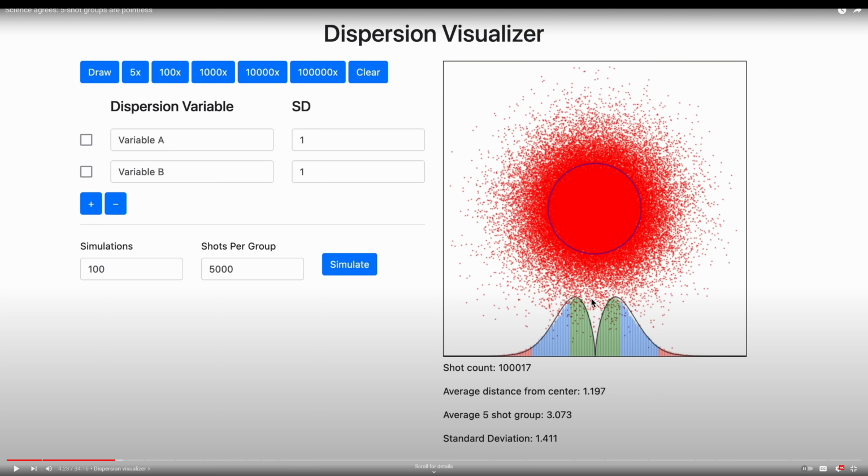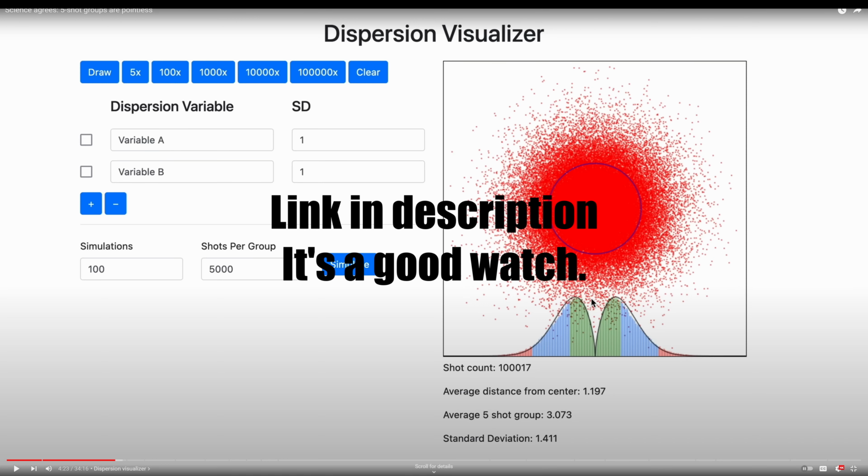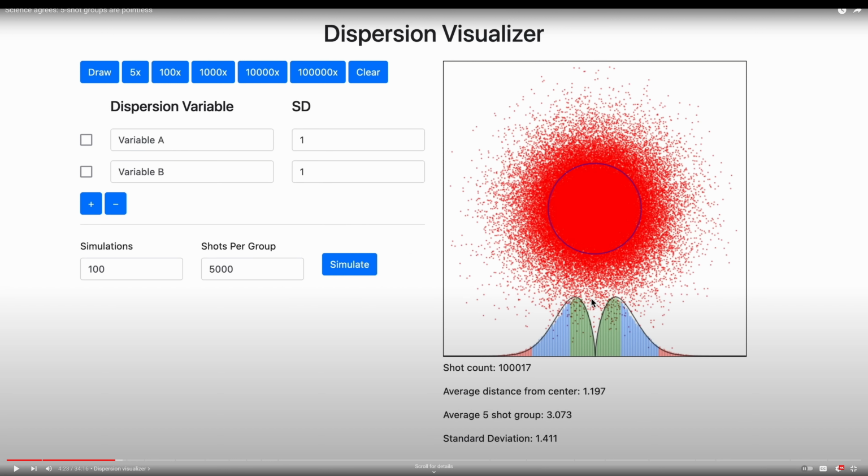So recently I watched this video from Blackburn Defense, and it was very interesting looking at a statistical analysis of shot dispersion, and they even built a website with a dispersion visualizer on it. And the guy had a couple of main points from the video, and for the most part, I thought he did a really good job of making the point that five-shot groups are a little too small to really draw